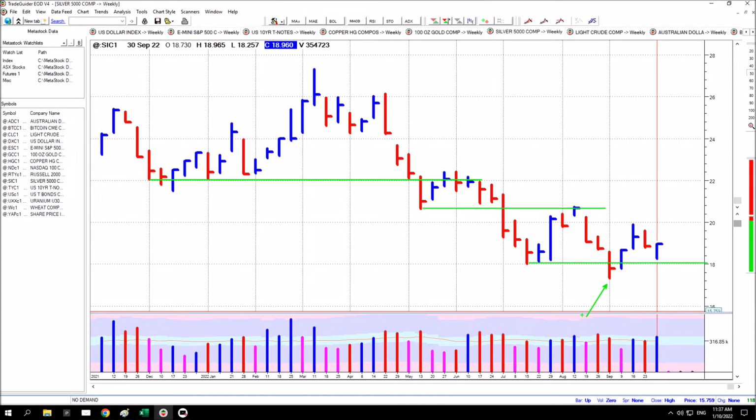You can see the breakdown was rejected here, and buying support has come in here. And here's your response to that buying support, albeit some selling pressure was drawn out in the top of that response bar. Last week saw resilience similar to copper and gold, where the US dollar index spiked higher, but this market held on and hardly moved lower at all.